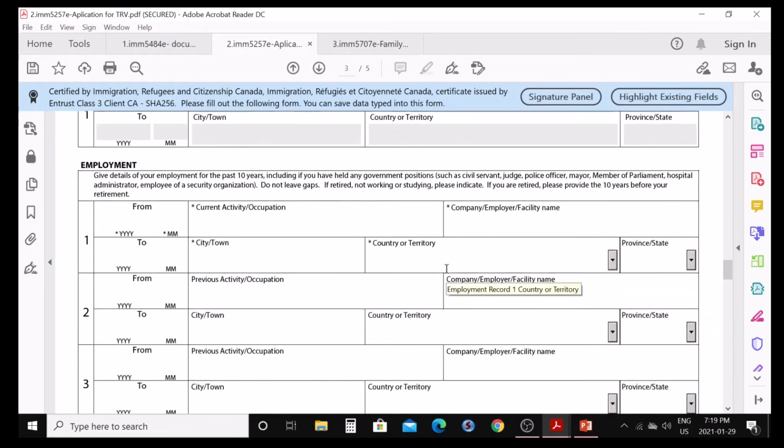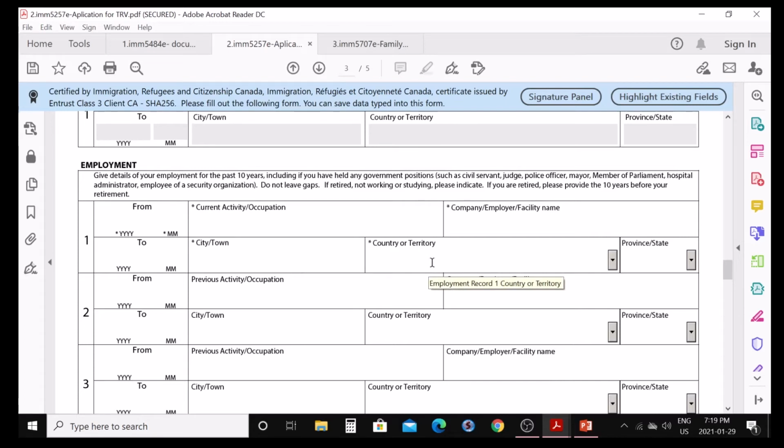Employment, if you are on pension there or something, you had employment or you are working right now, then you can show there, that's a really good thing. If you are right now working and you had pension before, you can write there, because then they will think that you are going to go back, because you have your job there or you are getting your pension there, so you will go back. So here you can write from which date to which date, which occupation, in which company, in which city, in which country you are working right now or you worked last time.